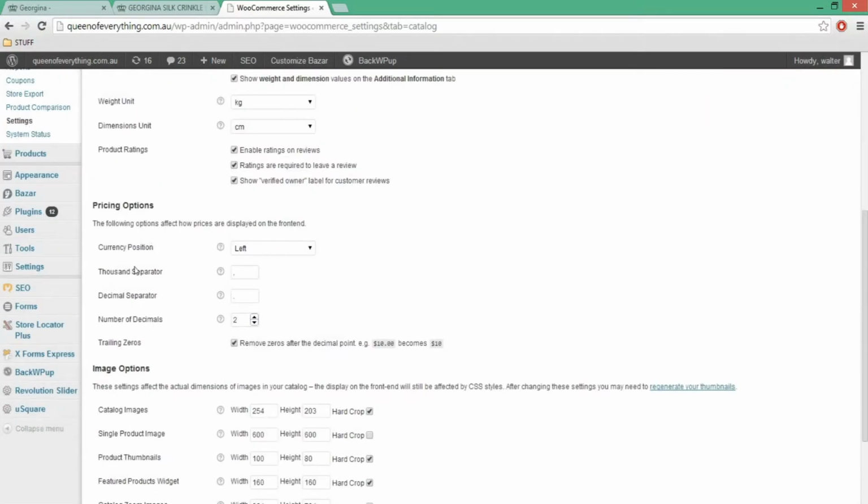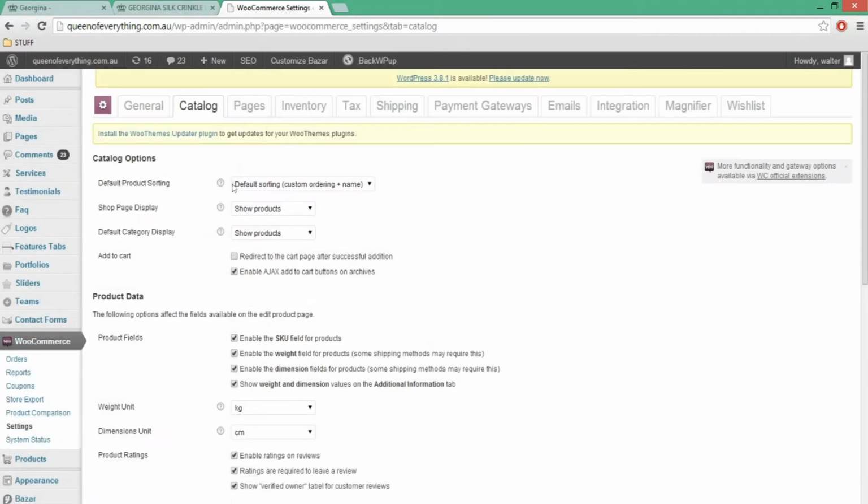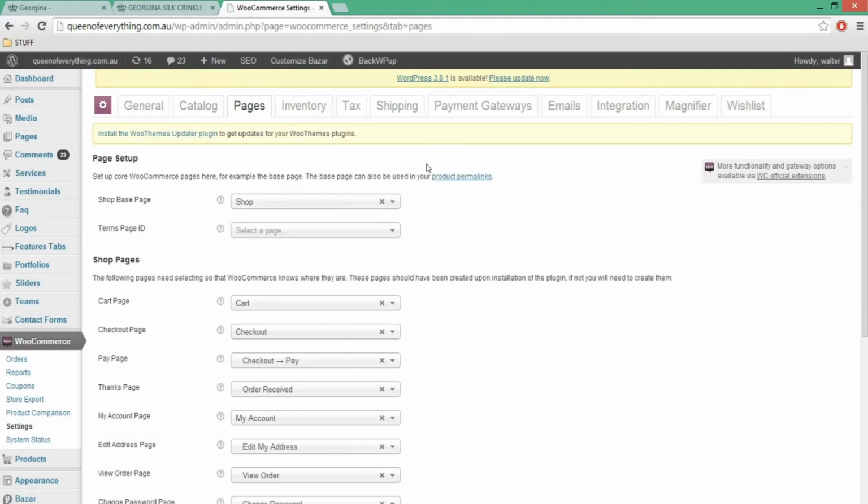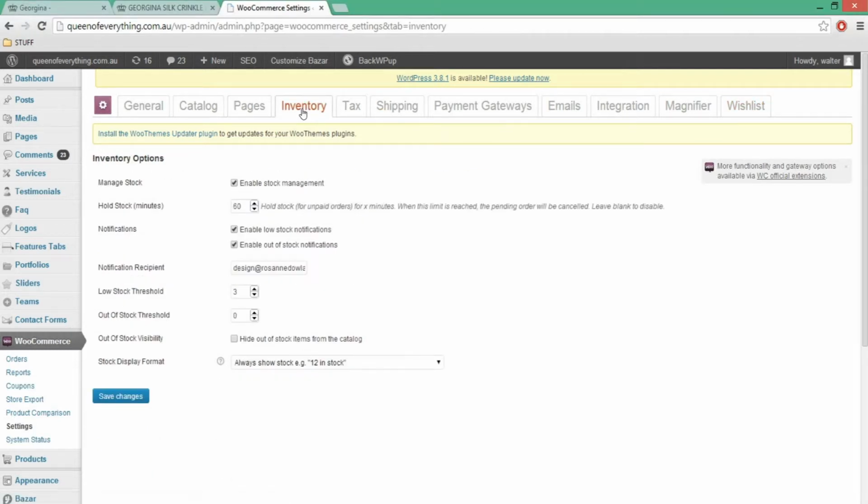Pricing options. No. Pages, no. No. Inventory. Yeah, looks like